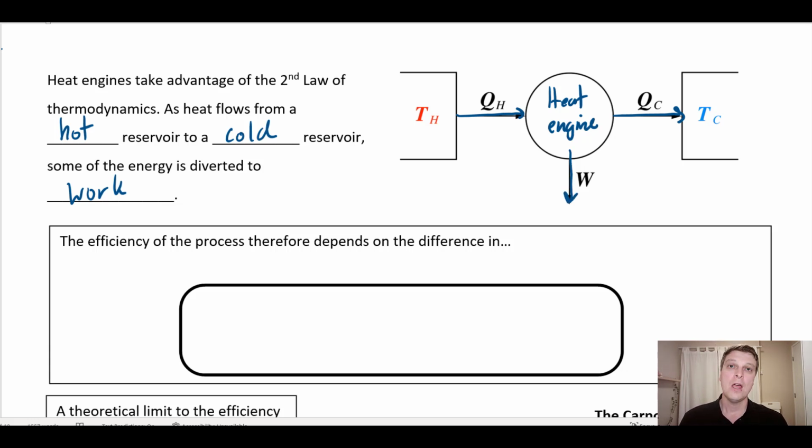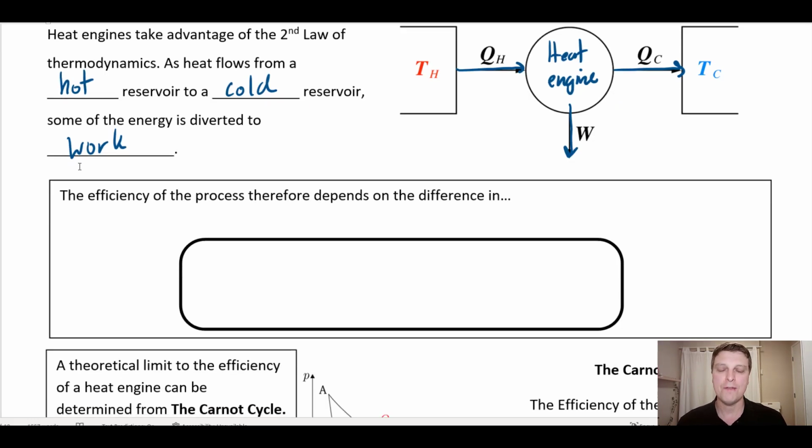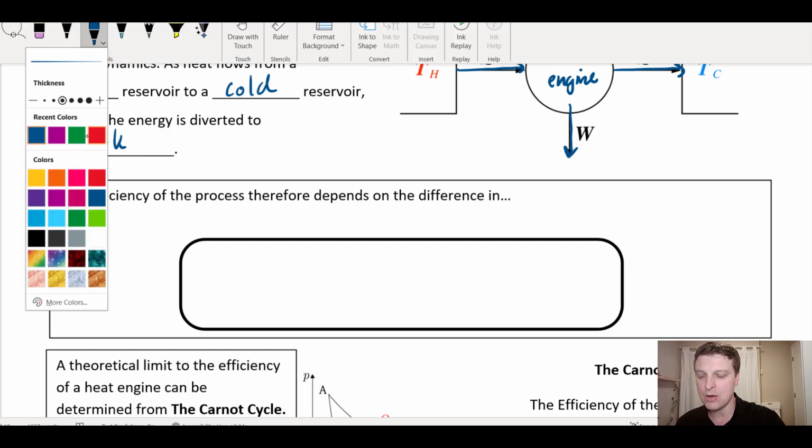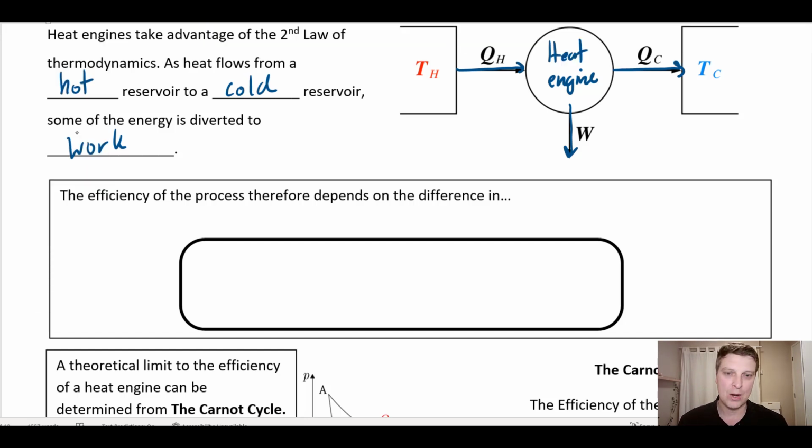into work. And so what I want you to recognize is, for a heat engine, it's not just that heat flows in and turns into work. Heat flows in, heat flows out, but less heat flows out than flows in. We've captured some of the incoming heat energy and we've converted it into work. So the heat that flows out must be less than what came in the first place. So the efficiency of this process, because no process is going to be 100% efficient, as you might well know,